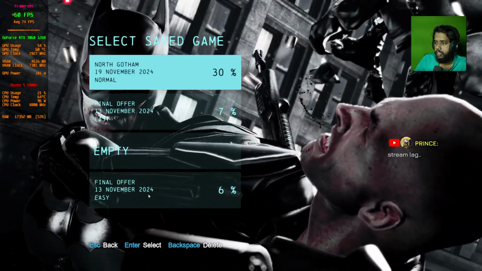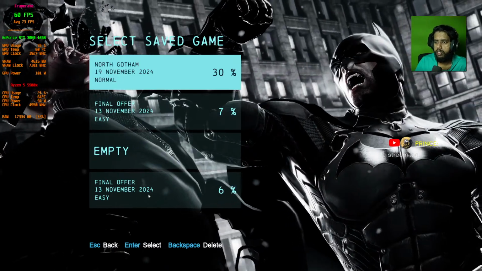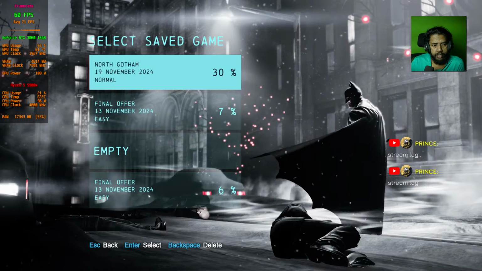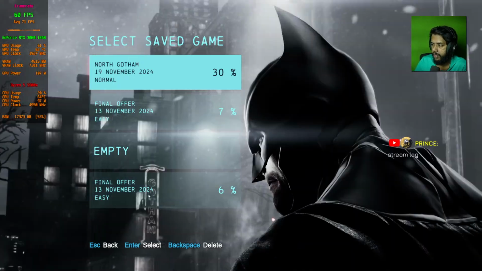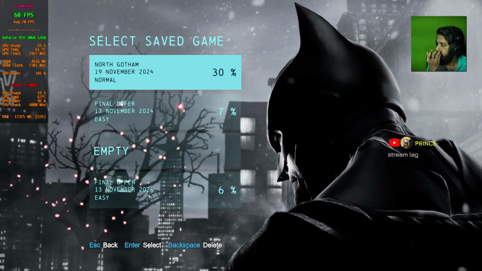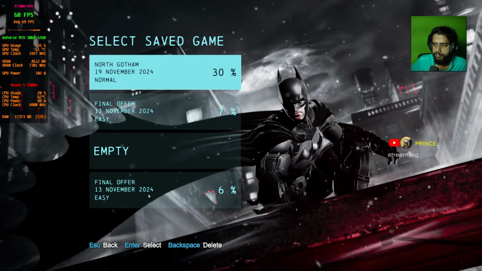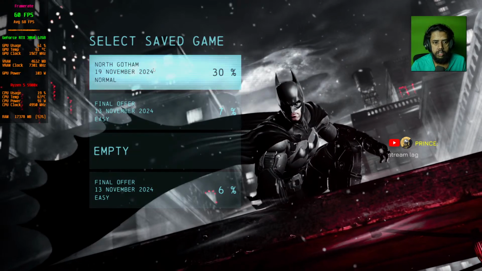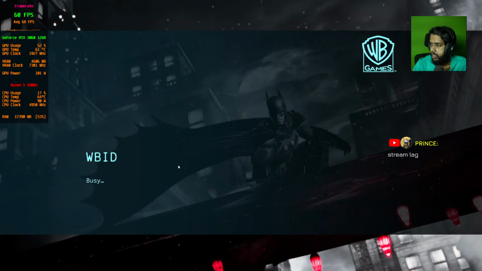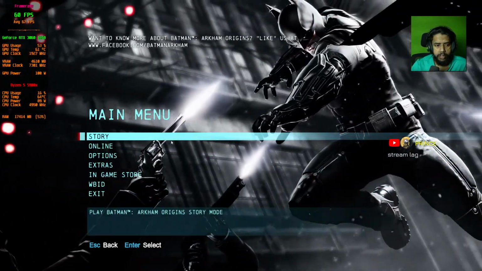I'm tracking how much GPU CPU usage is happening when I'm doing all this to figure it out. So let me just launch the game and I'll just move around and do something.